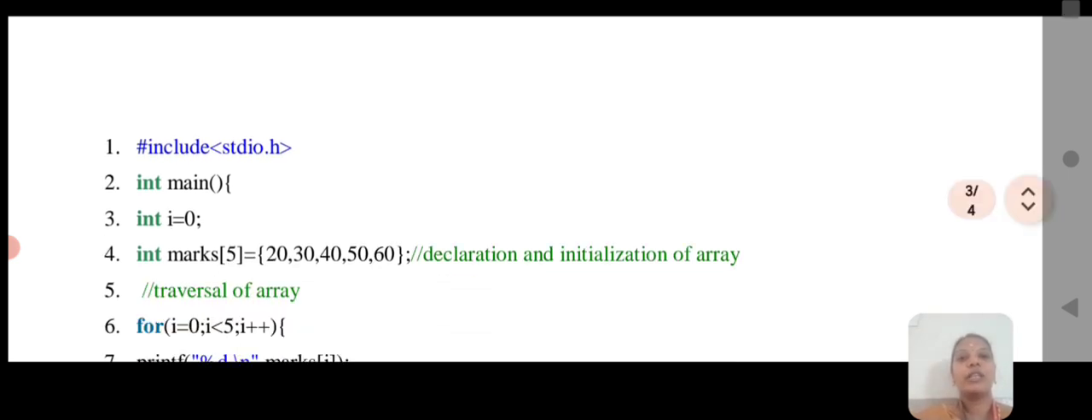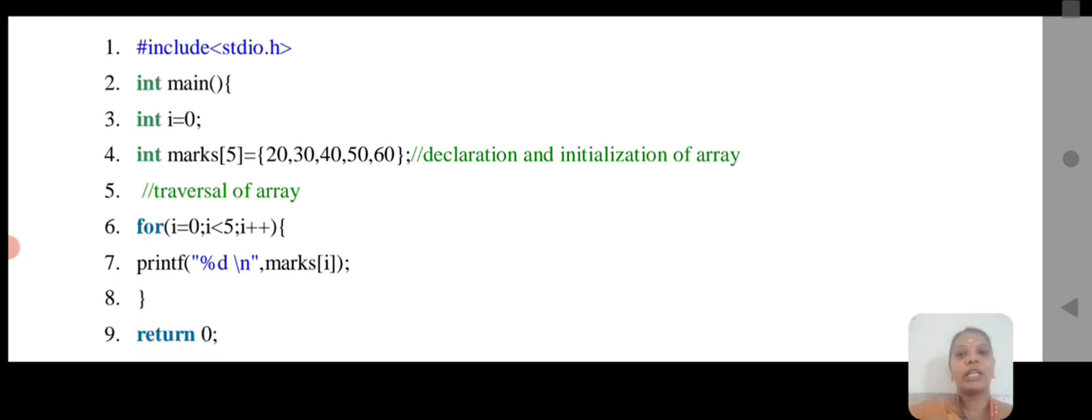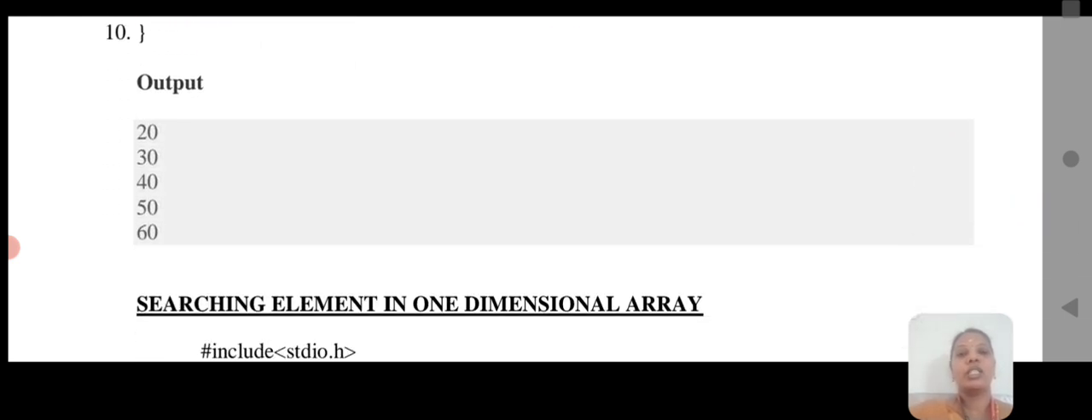Here we have the same header and main declaration and the i value initialization, while declaring and initializing the array in a single line. That means int mark of 5 equal to the marks the students got, which we put in the curly brackets. Then as usual the loop condition, and the output has to be displayed as the